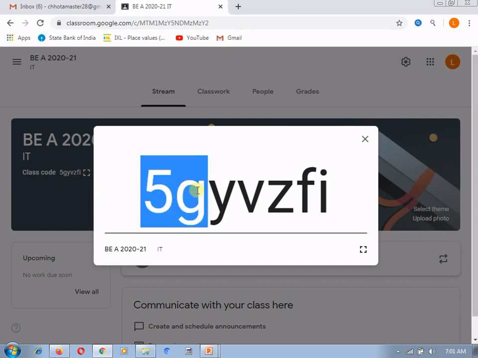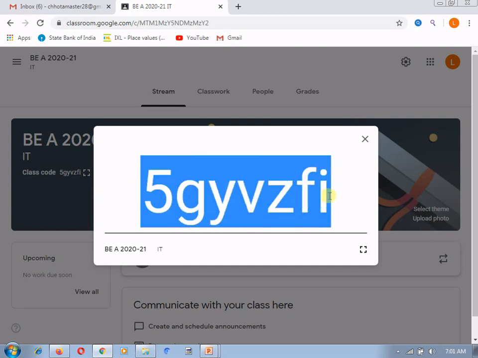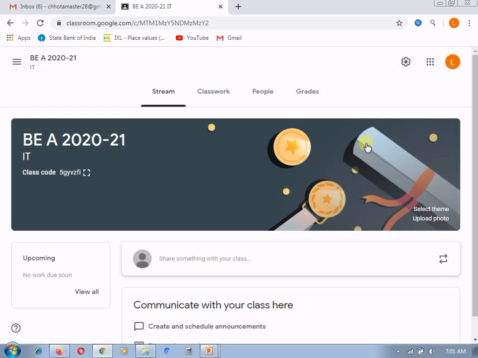You can copy it and paste it into your different sharing tools, that is mail or WhatsApp, and send it to your students, because this is the key with which the students are going to join your classroom. That I am going to explain afterwards, whenever I switch to the role of the student. Now currently we just go through the things that appear for a teacher.